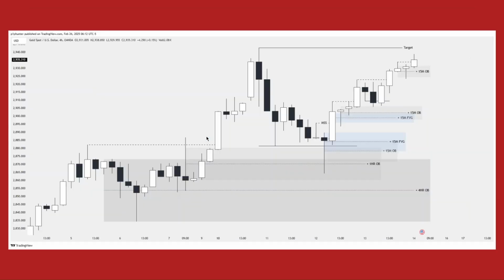Here is an example of one of the trades I took a few weeks ago in February itself. We are looking at the gold chart on the 4-hour time frame. Here we can clearly see that the price has been accumulating for a few days inside a 4-hour order block, overlapping with a 1-hour bullish order block as well. A sweep of these lows right inside the 4-hour order block acts as a manipulation in the given accumulation phase